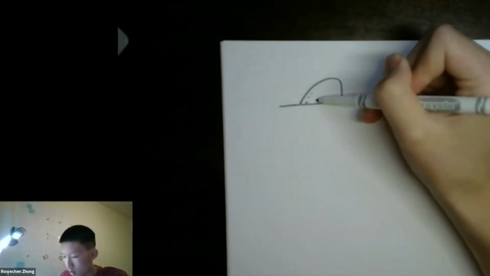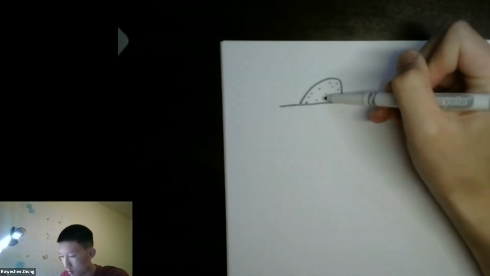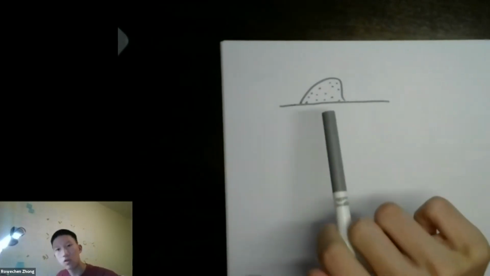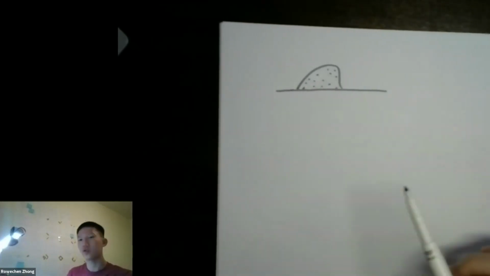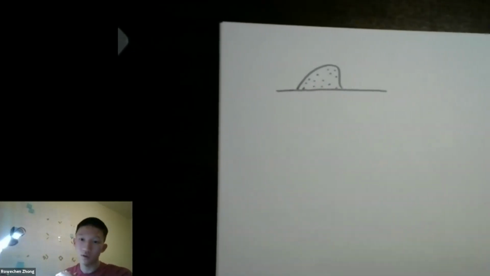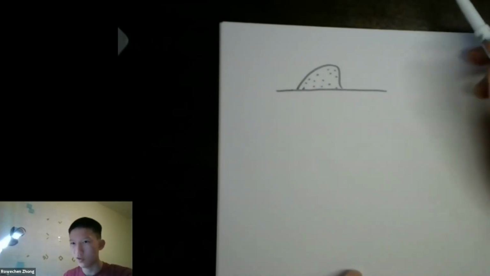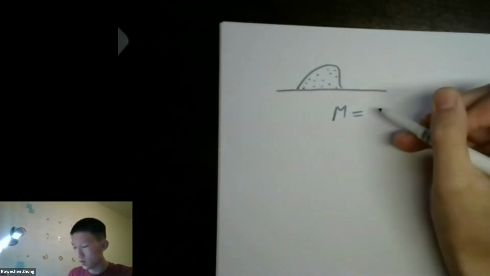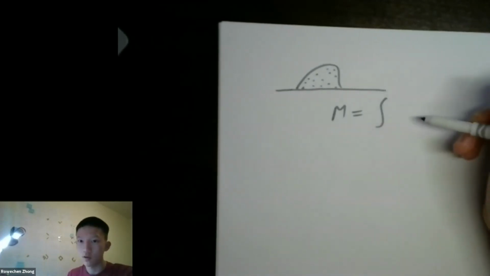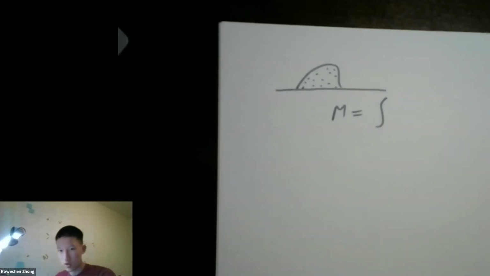It's made of a bunch of little particles of sand. And I ask you, what is the total mass of the sand? There are two ways to do it. You can weigh the whole thing. That's going to give you a weight, but as long as you're on Earth, you can convert that to kilograms, mass. So that would be M, big M, the total mass. But this is also equal to the integral of little tiny pieces of mass.